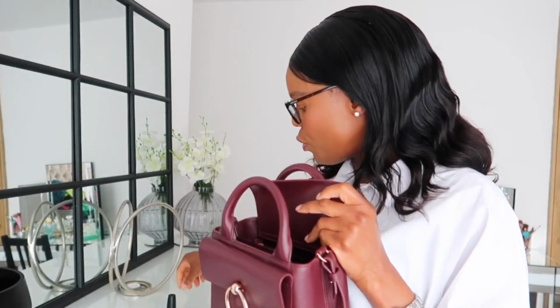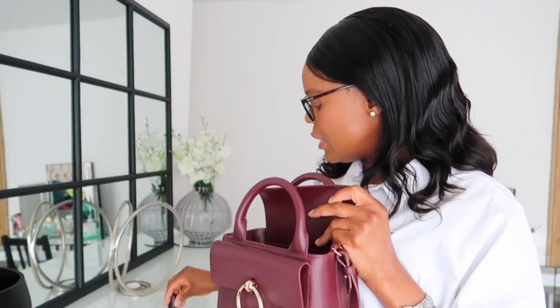But nonetheless, watch this. These are my car keys, right? I will put them right there, and I usually carry this with me. This is just a nail, a cuticle oil. We know about this Rimmel lip gloss. This is the second one. The first two are finished. I just got this one yesterday, and my